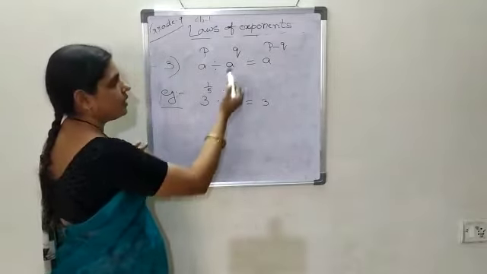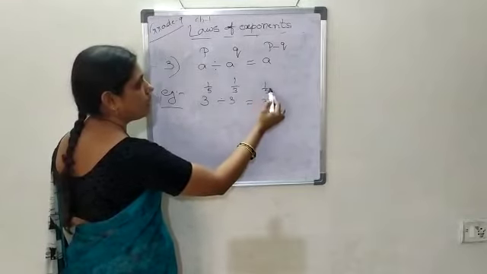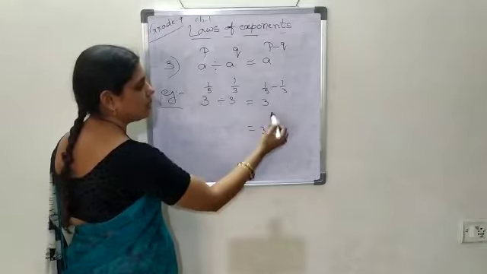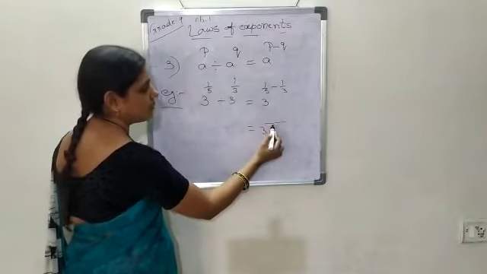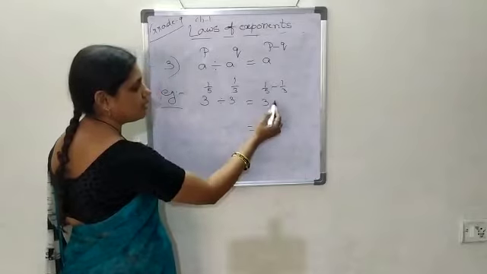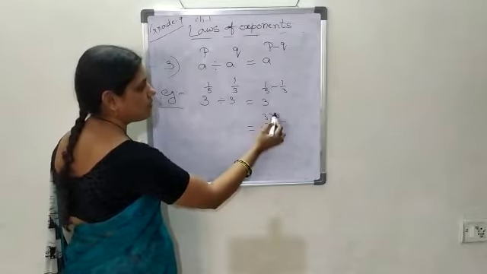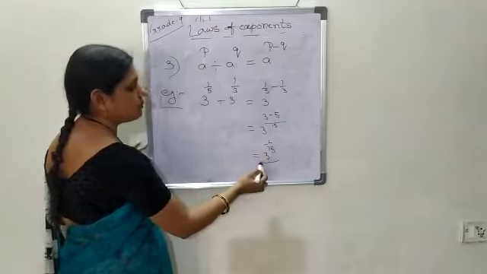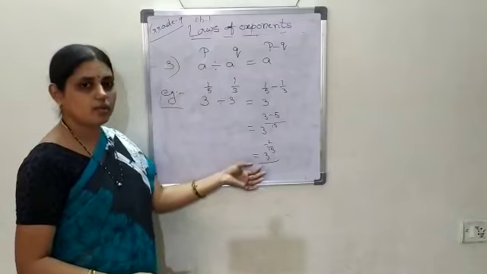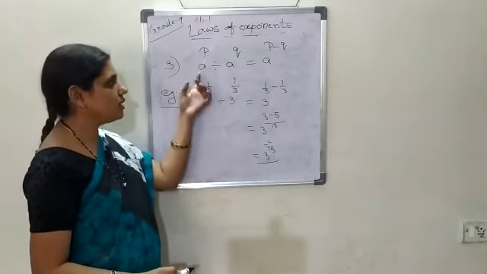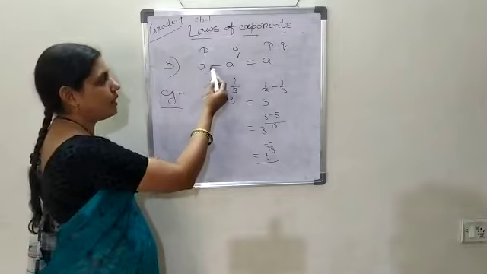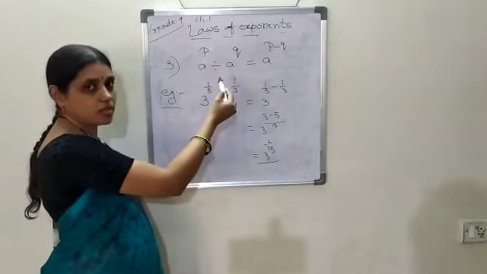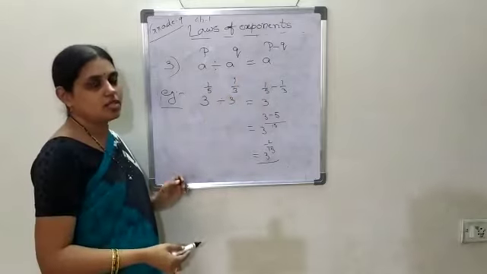3 power, here p minus q, 1 by 5 minus 1 by 3 equal to, you have to take the LCM whenever addition or subtraction of fractions is there. So 3 to the power, here 15, 3 minus 5, so 3 to the power minus 2 by 15. So the final simplification for this is 3 to the power minus 2 by 15. Once again you see this, a power p divided by a power q equal to a power p minus q, where a is any positive real number and p and q are any two rational numbers.